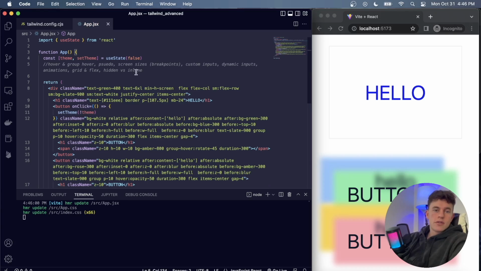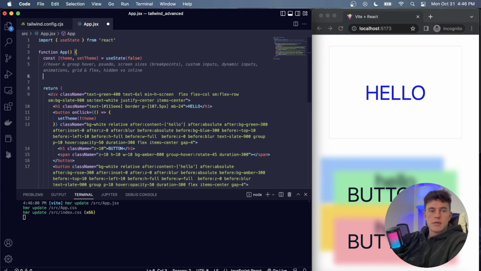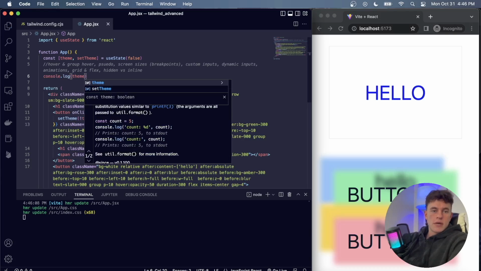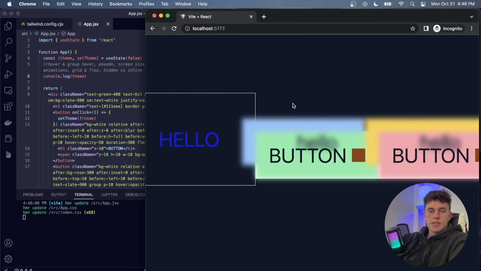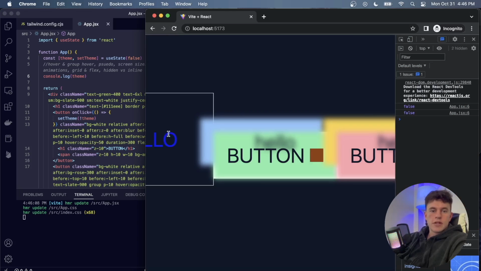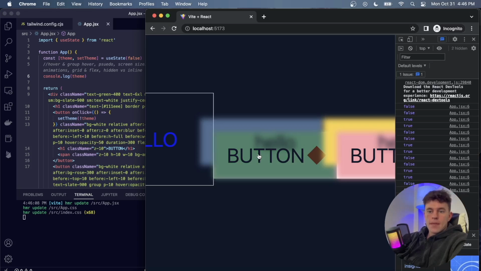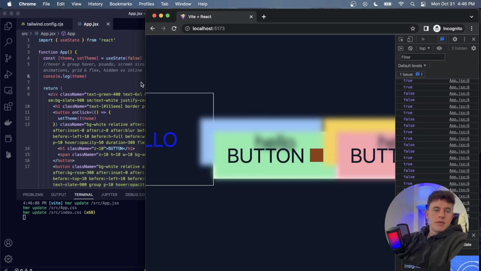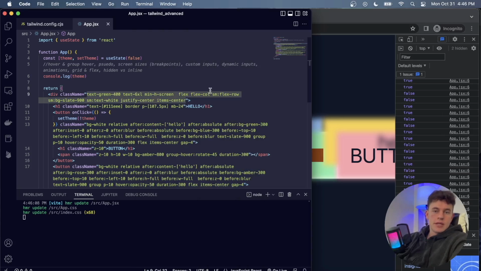So if I were to console.log this on this particular button, we would be able to see that theme would constantly be updating. So if I just come across here and inspect this page, let's say we go to the console, if I refresh, we can see it's false. And now every time I do it, it inverses the state of the theme. And now let's say we wanted this to be dark mode or light mode. What we could do is, instead of having these breakpoints here where we specify the color,